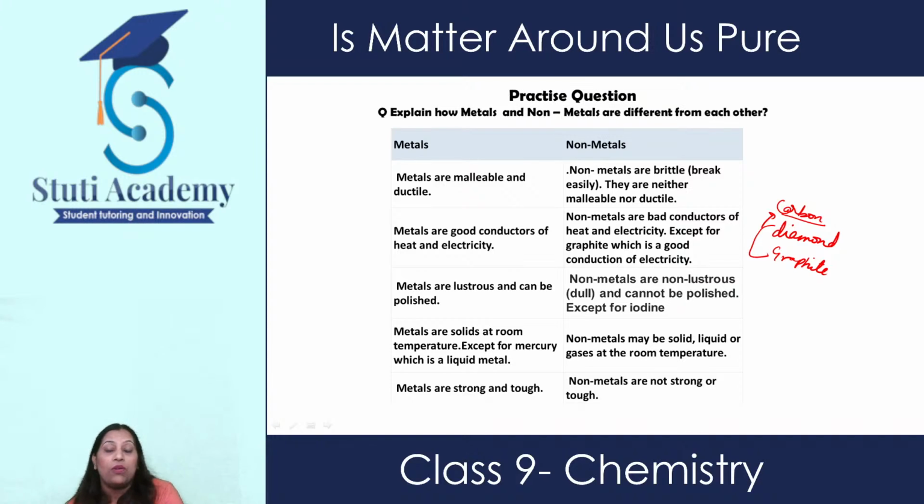But if we talk about non-metals, they are not that strong. They are brittle. We can easily break them. Take an example of graphite. Graphite is present in pencil lead, so you can easily break that lead. You can sharpen your pencil and try to break the tip of the pencil, which is made of graphite. You can easily break it. So non-metals are quite brittle. But diamond is the hardest substance, so it is the exception in case of non-metals. You need to learn these exceptions also in case of metals and non-metals. So this is how metals are different from non-metals.